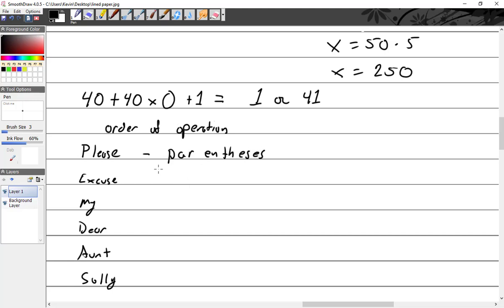Without the space there, I was looking down. Parentheses. Then we are going to do things that have exponents. Then we are going to do multiplication. Actually, this right here,